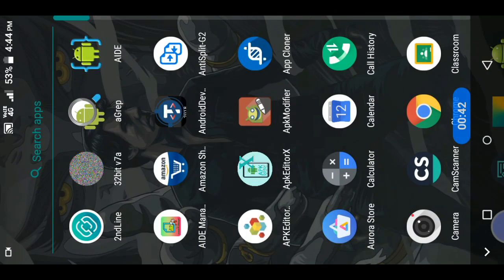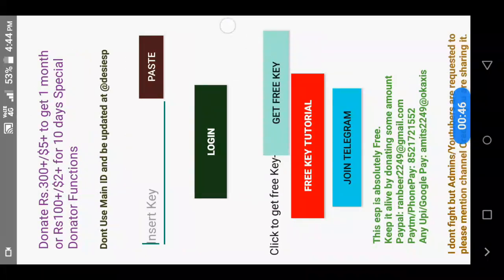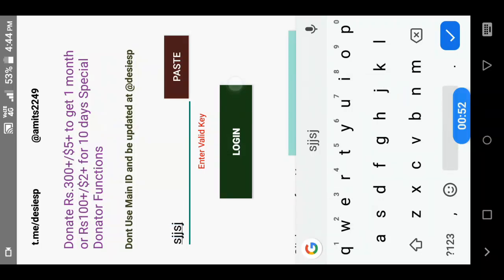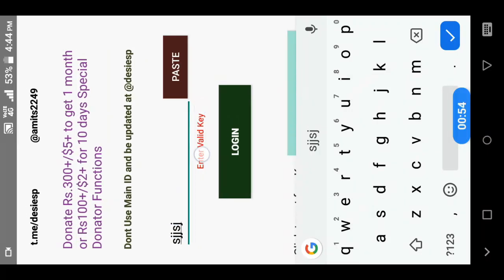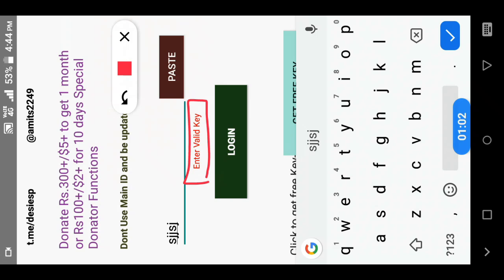So the next step is that here you are going to find a keyword. You can see here, if I insert any key, you can see a text here, enter valid key.